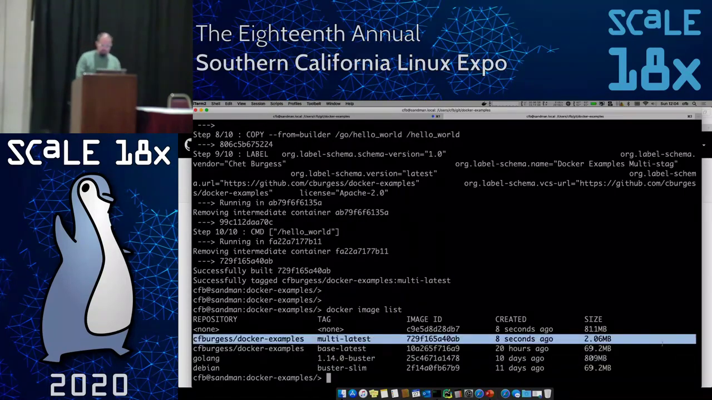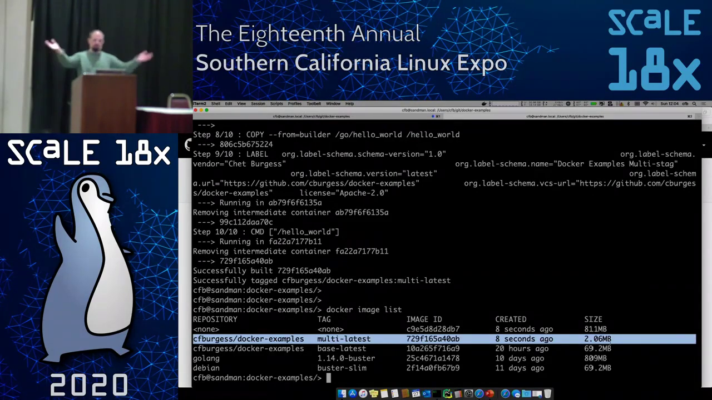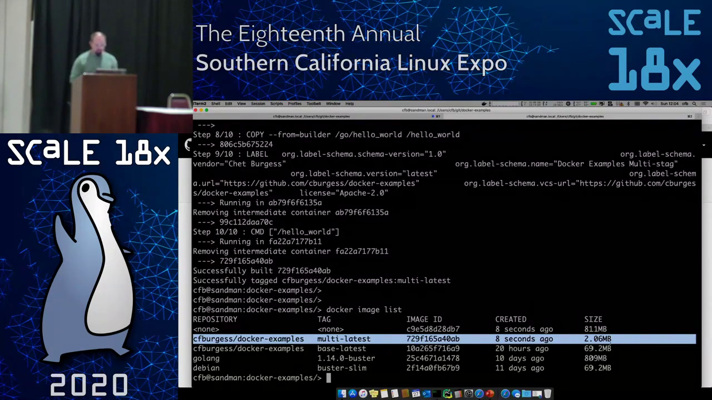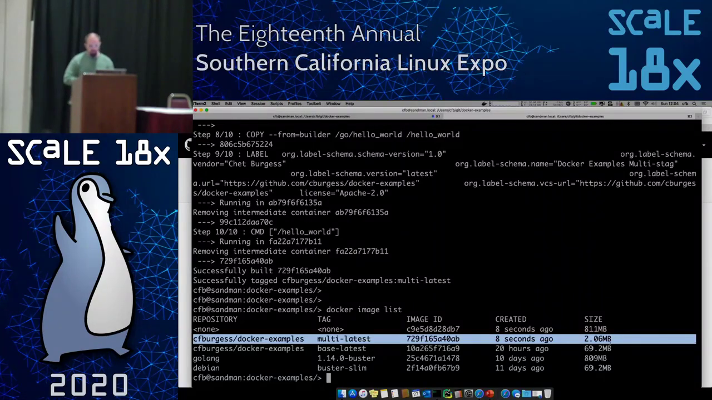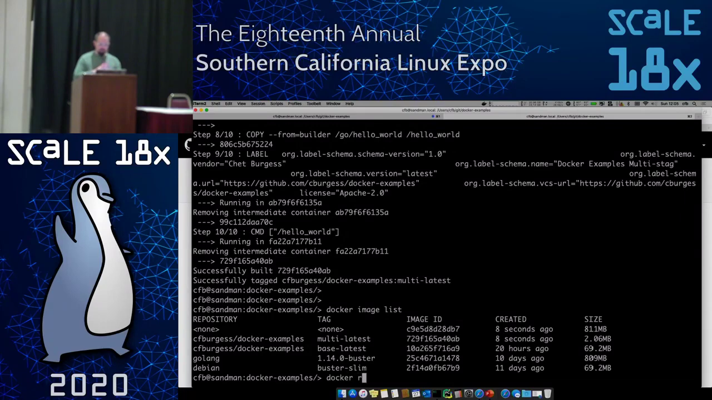As I say, 809 megabytes, but the image I just built, multi-latest, is 2 megabytes. That's because it only contains my hello world program, nothing else. So I get the full benefits of using Docker to have a full build environment. You can customize this obviously however you want. I just picked an example that allowed me to use a very simple one. And my end result is still a very, very small, very slim